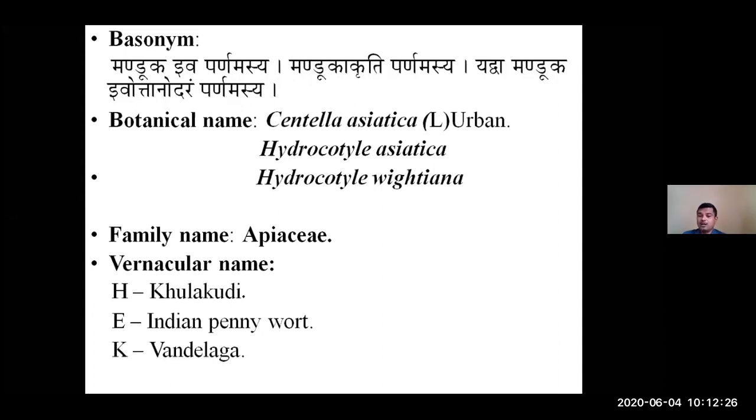They used to stay in water or on the banks of ponds or rivers. Especially in those marshy areas the Mandukas survive. We say it is an amphibian, but most of the time it stays where the water content is more. In the classical texts and the Nighantus, they say the leaf resembles a Manduka, a frog.